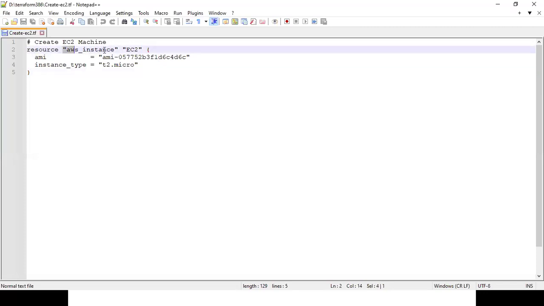So this is the resource type. This is the local name we have given it. And then here we have given the AMI, and here we have given the instance type. Now,